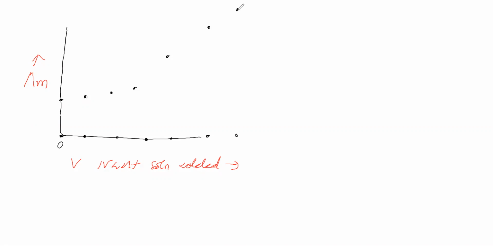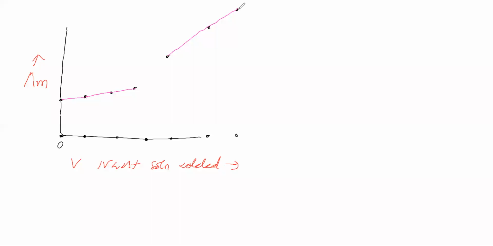There is no decrease. Before the equivalence point, as you add sodium hydroxide solution, lambda m increases. After the equivalence point also, as you add sodium hydroxide solution, lambda m increases. But the extent of increase is different. Before the equivalence point, the extent of increase is low. After the equivalence point, the extent of increase is high. Now let us connect the points to get the graph. Okay, we connected the points.